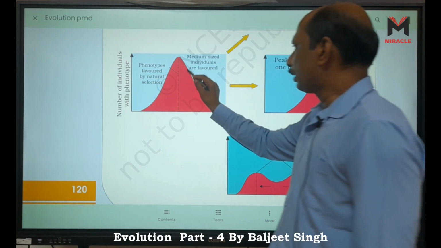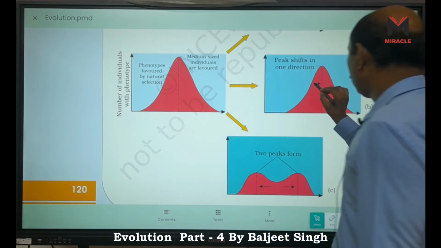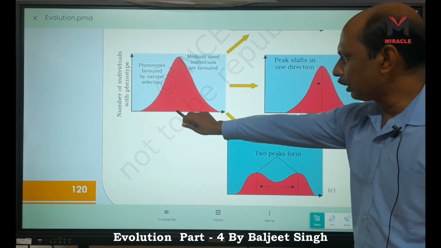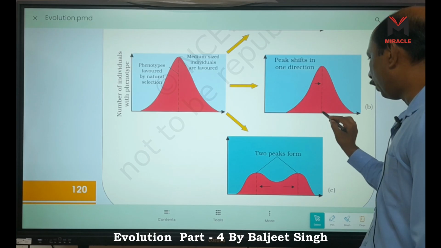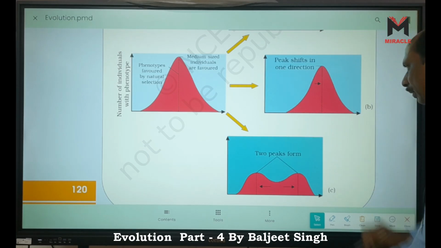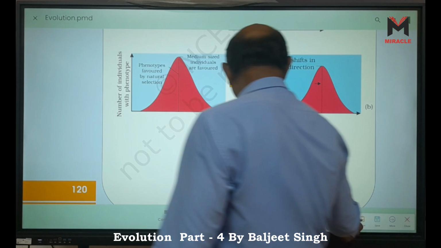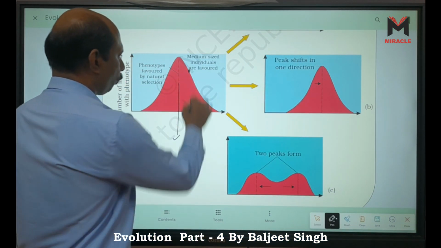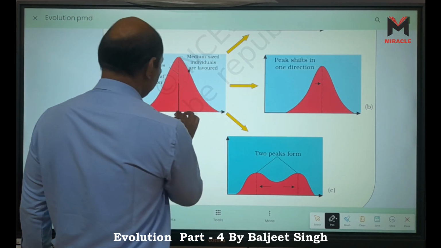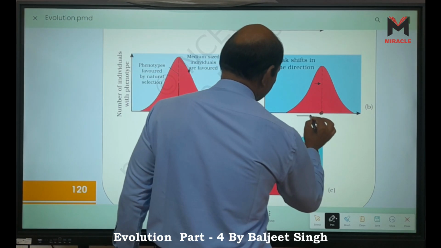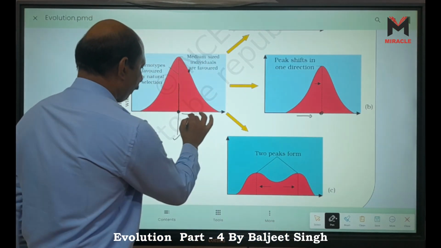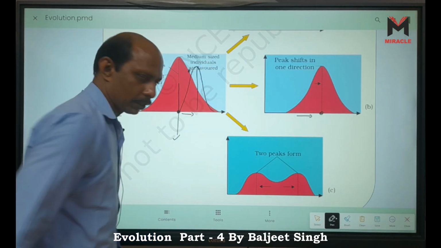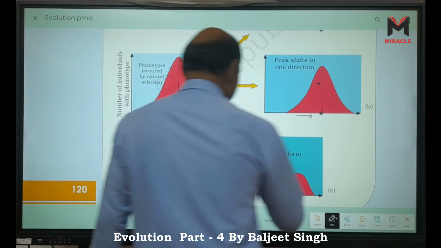Now these medium size individuals are here, but here the medium size is not in between, it moves toward one direction. Now you can understand it is in between, but here it is not in between. It is movement. The characteristic which is present at that place, we can say at that place it becomes medium. So peak shifted means the peak which is present here moves, that means this gap is there. Now here our hill is this one. This is direction, right?